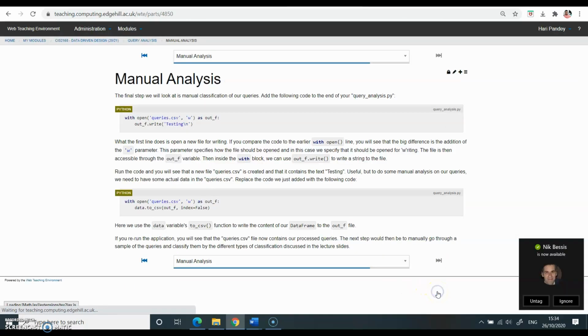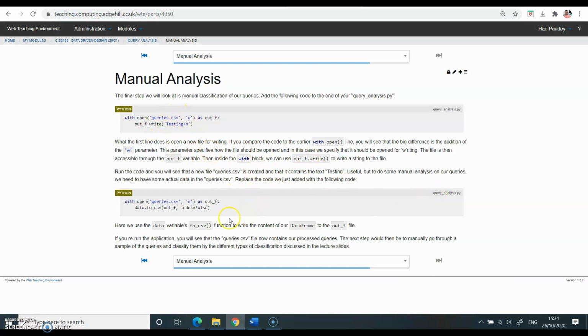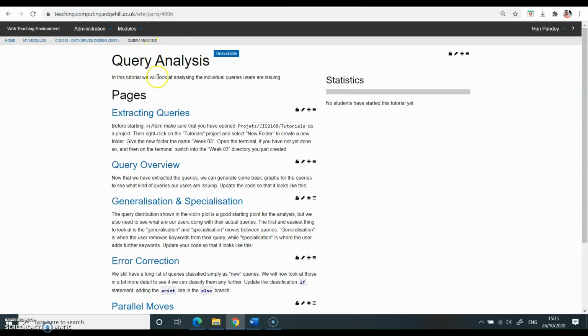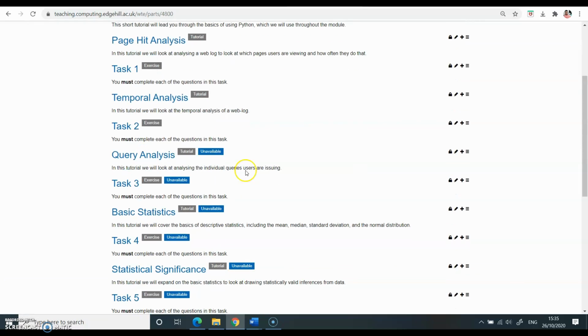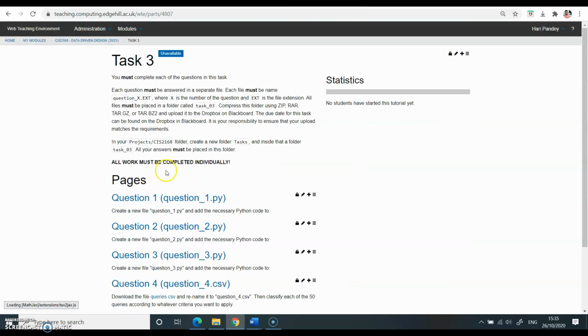And lastly, you will see how to do manual analysis for the query, and for this you will create your file, and your file name will be query.csv, and this file you will be able to see in the directory which you are creating for this week's programming. That's all in this session,